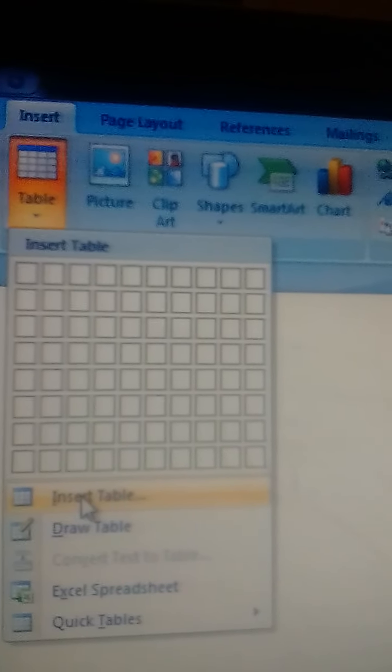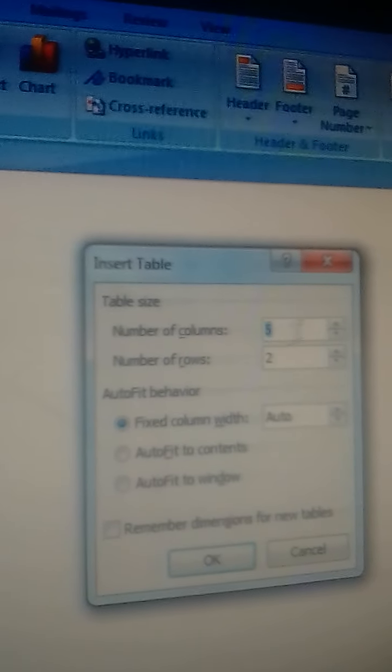When we click on Table, a menu appears here in which Insert Table is at the topmost option. We should click on it. When we click on it, this menu appears here and we will have